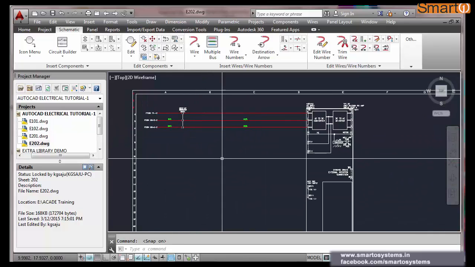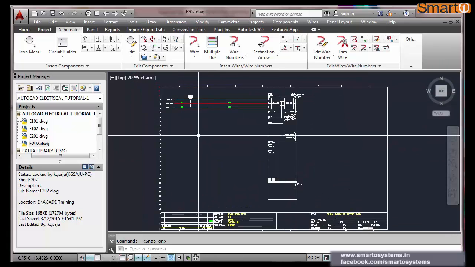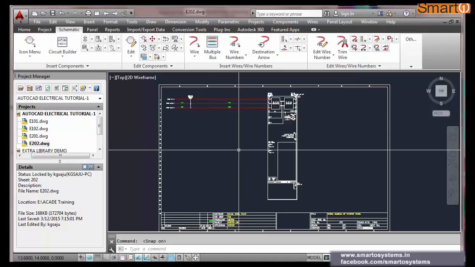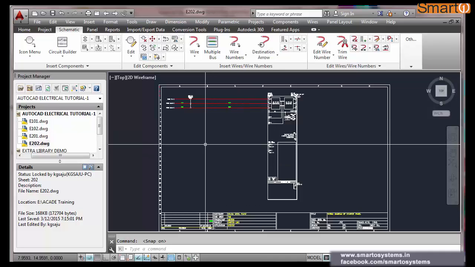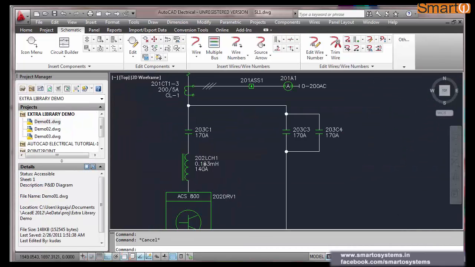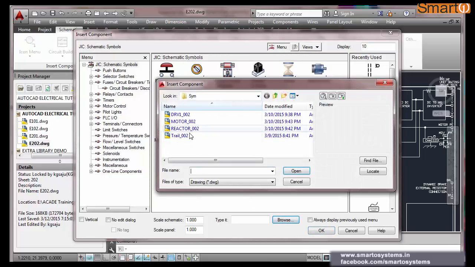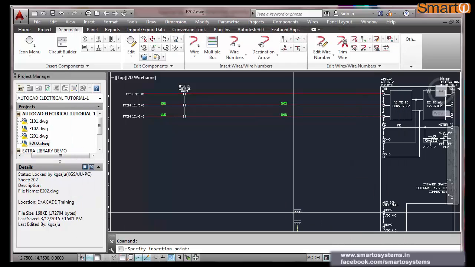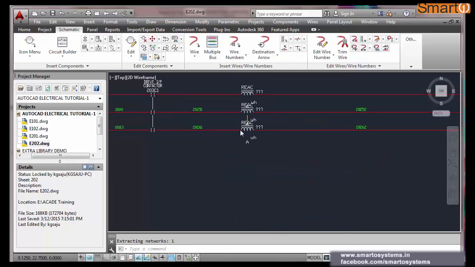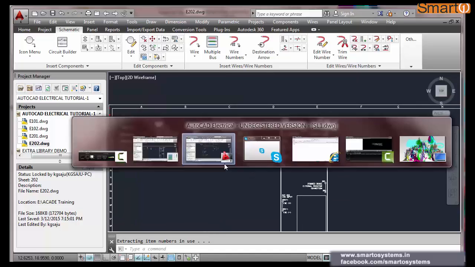I know I don't get a sufficient space, or maybe I am leaving some space in this sheet for future use. So for this, considering the safe side, I am going to put it in sheet number 203. That's all. So this contactor is there. Now I need a line choke. Again browse. I am going to that reactor. Now I am not going to give the rating and all. So the choke is there.